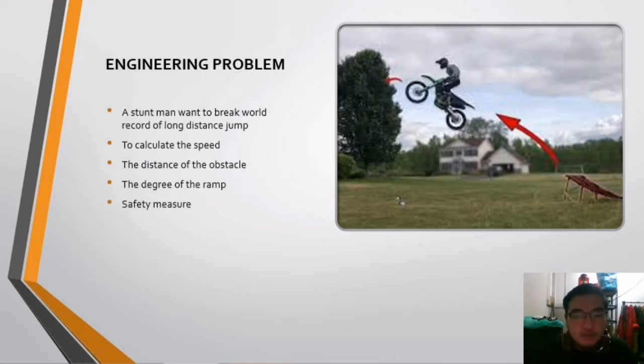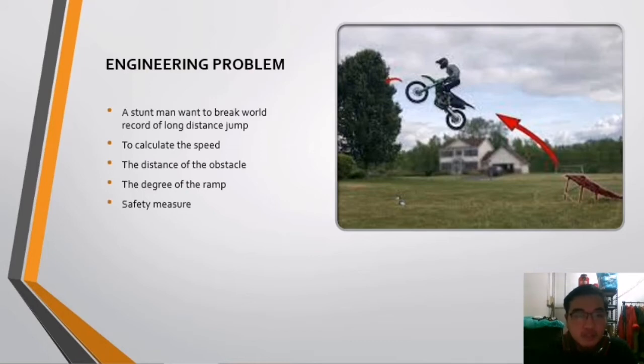The distance of the obstacle is 1,000 meters, where he must pass a stack of cars, and the ramp that has been built for this event is fixed at an inclined position of 30 degrees. The challenge for the stuntman is to know the minimum velocity to pass through safely. The speed must be perfect, because if he goes too fast, he may miss the landing point, which is placed at 1.7 kilometers from the starting point.